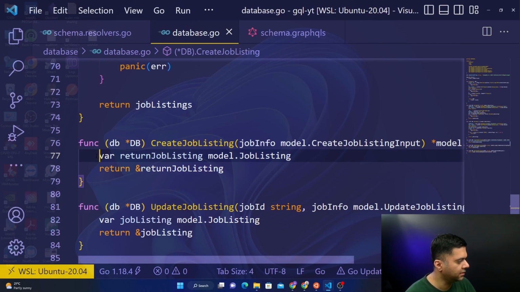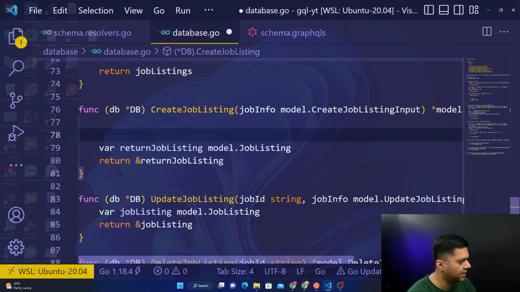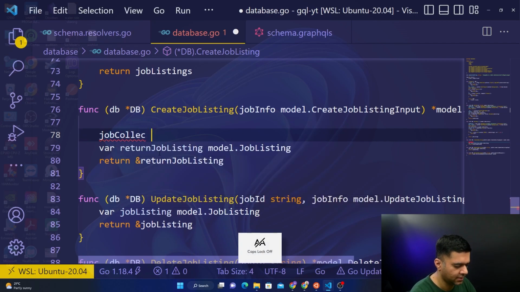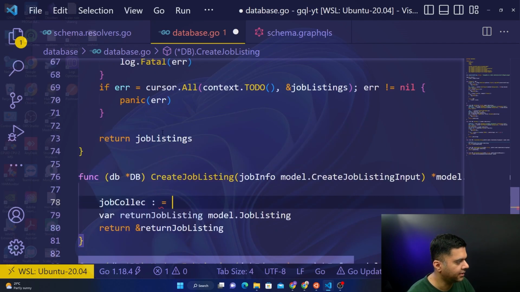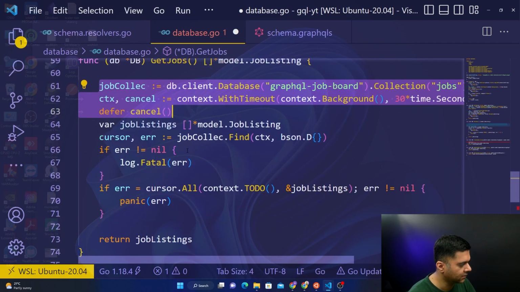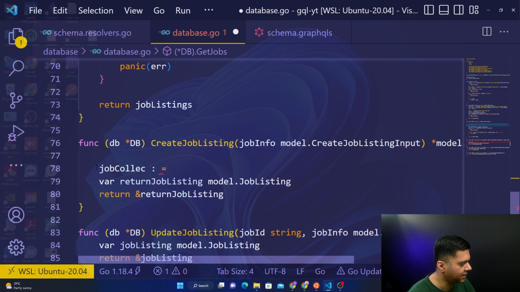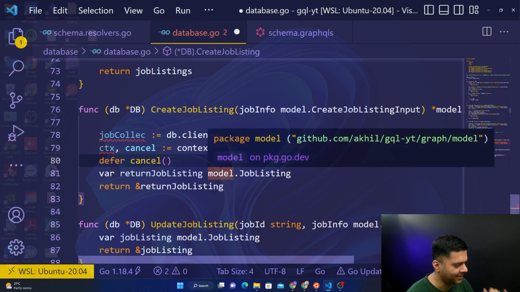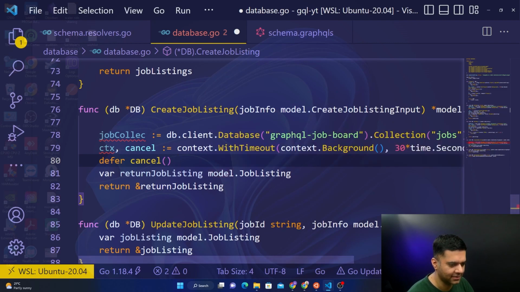Okay, so here I will create a variable job collection. Yeah, the same thing actually. So let's just copy and paste these three lines, right? And it's just to save time. But if you're new to Golang, like I said, if you're not used to the syntax, please don't copy and paste. Please type everything on your own, so that you kind of get used to it. All right, so here